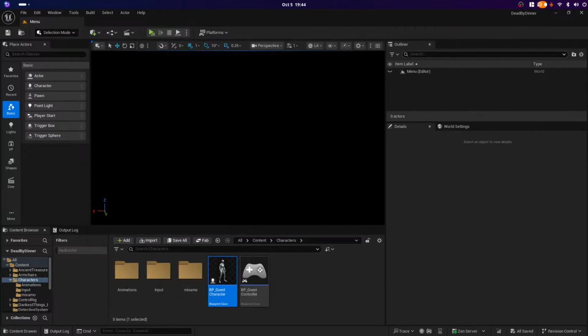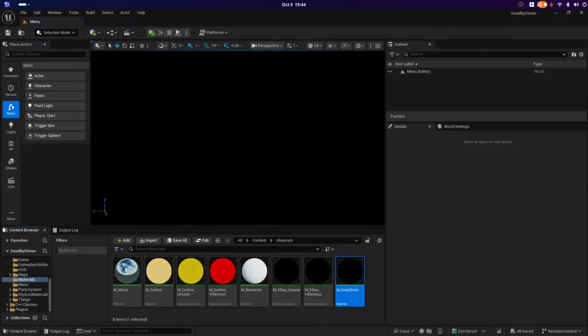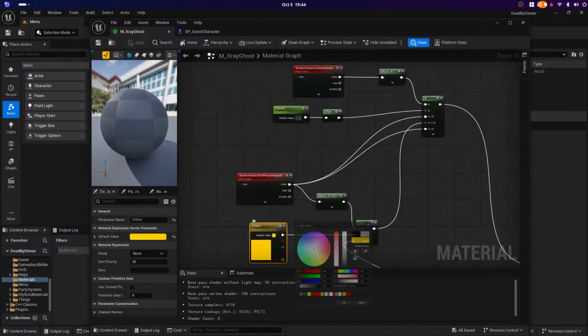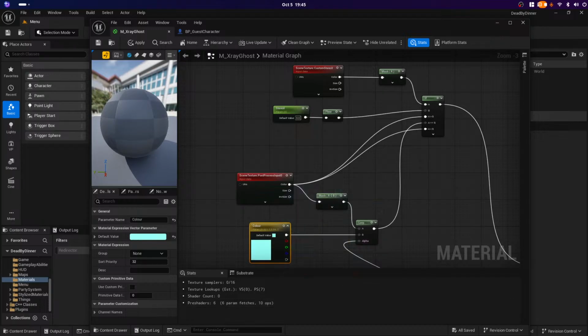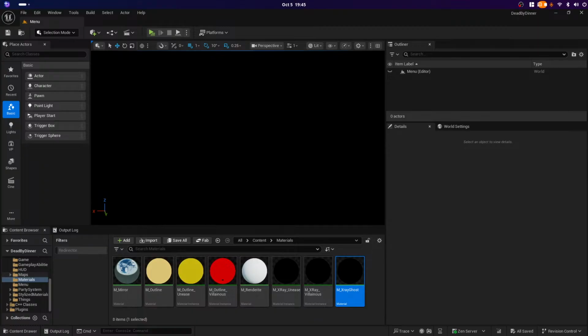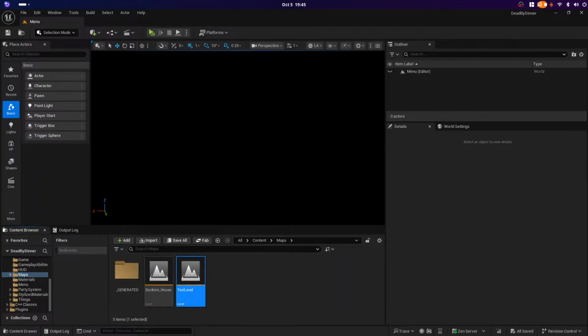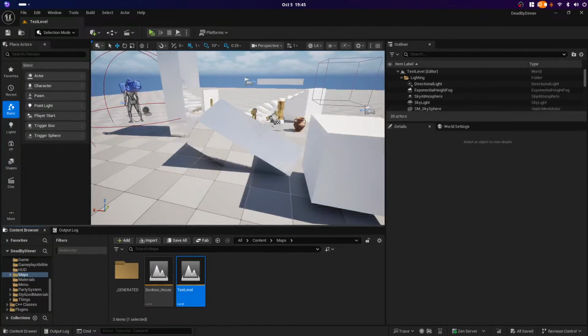Why don't we also add, hold on, let me go over here. Materials. We'll set this default value to something ghostly, like this kind of. Ooh. Okay, there you go. Save. And then we'll add this to the map too, which means that if one of the other two don't trigger,